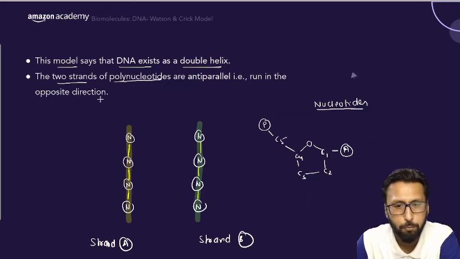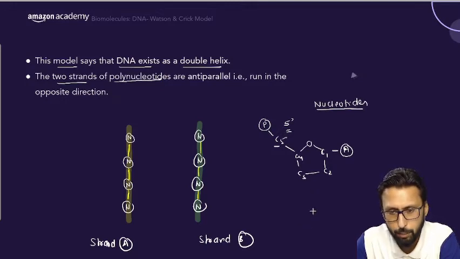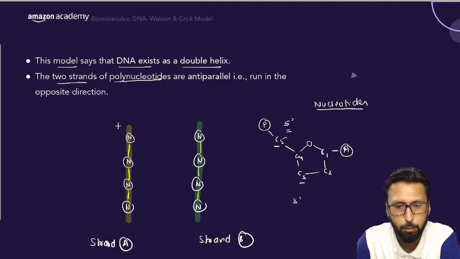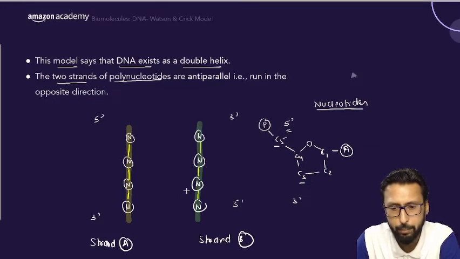Now these two strands are anti-parallel. What does it mean? That they run in opposite directions. We name them depending on the carbon which is free. For example, here you can see the fifth carbon is free, so it is known as the 5 prime end. If you go downwards, the last nucleotide will have C3 free, so it will be known as the 3 prime end. So this will be the 5 prime end and this the 3 prime end, and the other strand will be in reverse order: this will be the 3 prime end and this will be the 5 prime end. As you can see, the direction 5 prime to 3 prime is facing downwards on one strand, and 5 prime to 3 prime is facing upwards on the other. So these are two anti-parallel strands.